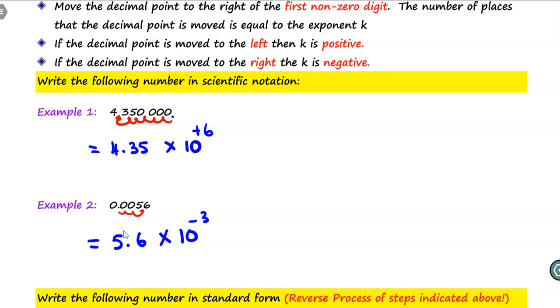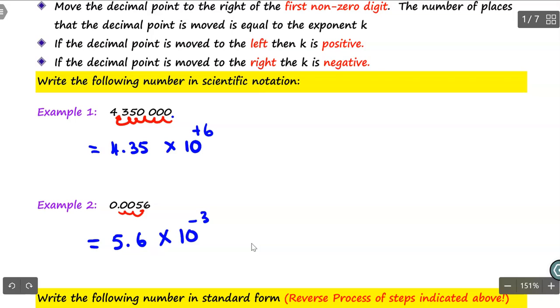Okay, to write a number in scientific notation, your decimal point always stays to the right, after the first non-zero digit. This is quite useful in calculation, and also for presenting certain numbers when they are really small or really big. And then sometimes you find that 10 to the exponent positive 6 or 10 to the exponent negative 3